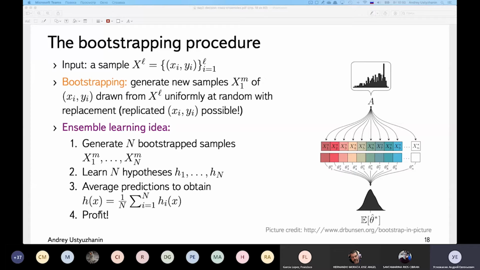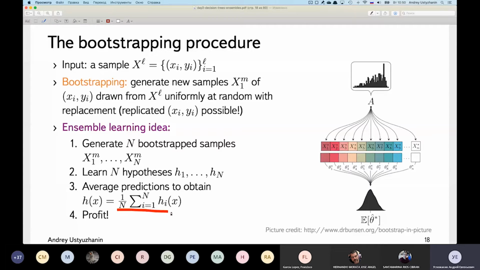So you see that in this case we've written a very simple mathematical expression for how we combine the output of simple learners, and we get a more complicated learner that